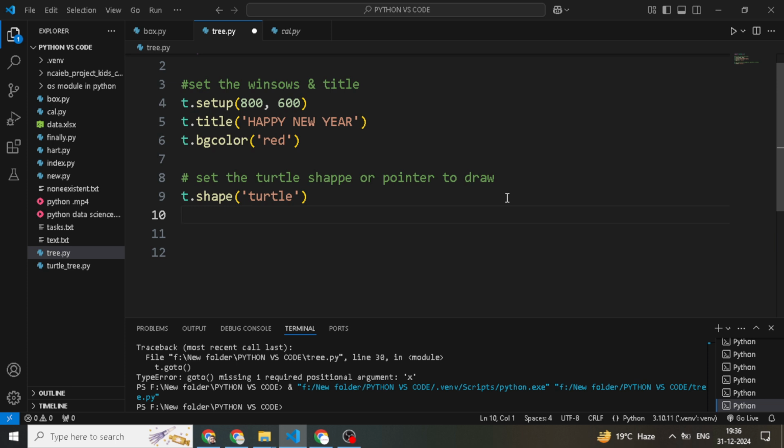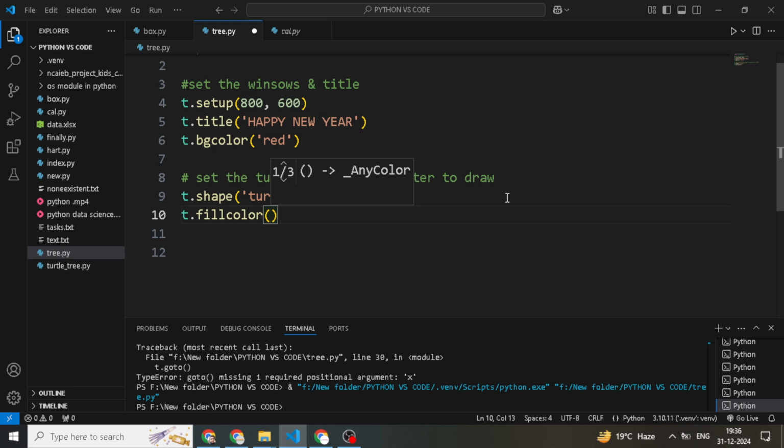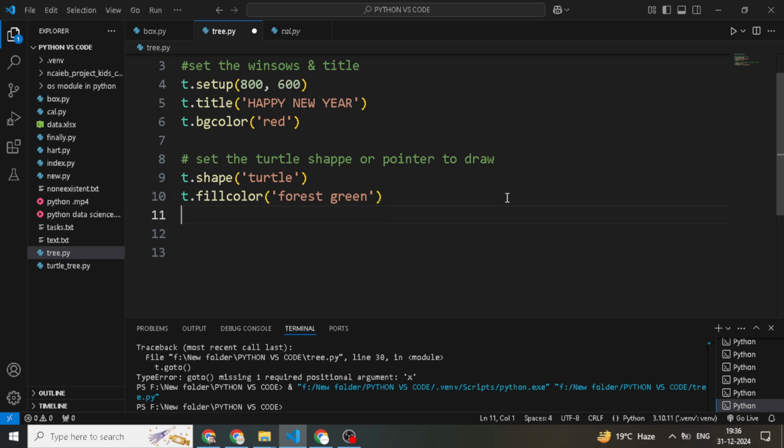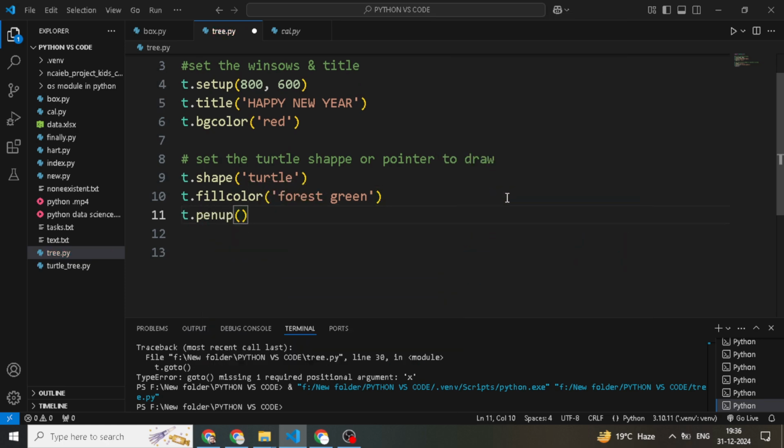Okay. Now t dot fillcolor, and our color is forest green, and penup, t dot penup. Now we are ready to draw the tree, which is forest green for the tree color, and the penup command: here the turtle pen will move without drawing.